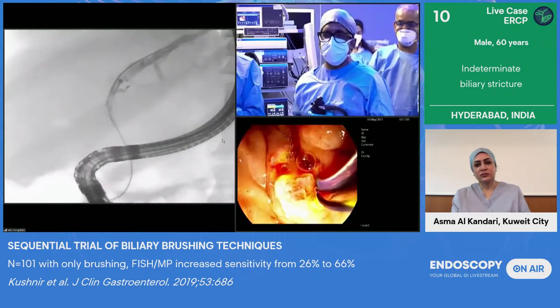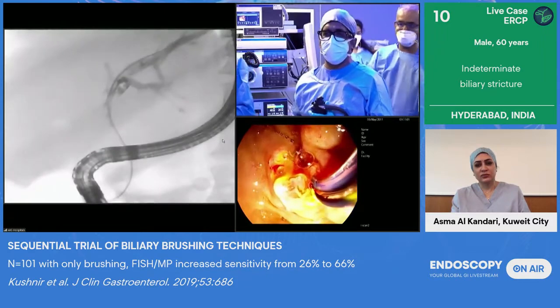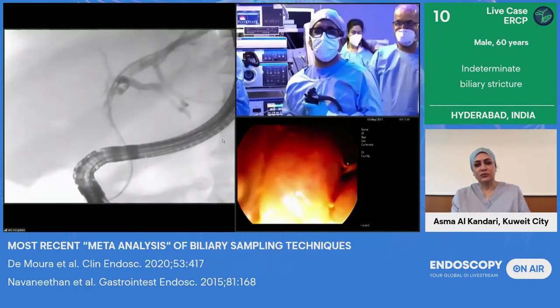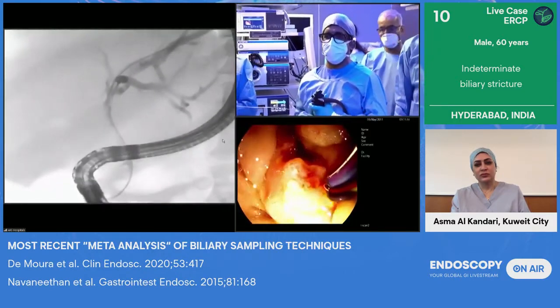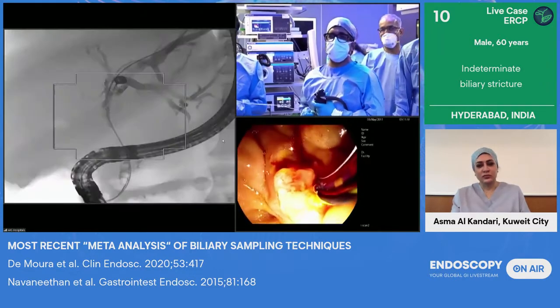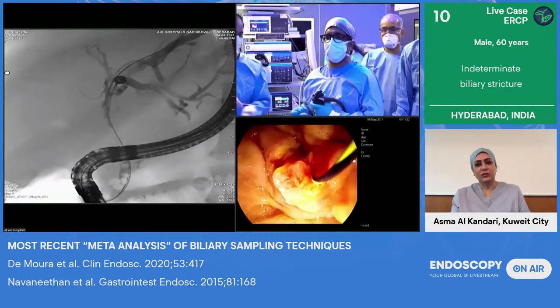But now we have many good imaging technologies like MRI and triphasic CT scans. We can still have a good idea whether this patient has malignancy or not. And in the absence of a mass or definite evidence of malignancy on cross-sectional imaging, we are now also calling them indeterminate stricture, because the next step in such patients can be cholangioscopy also. But here we are using more conventional imaging.